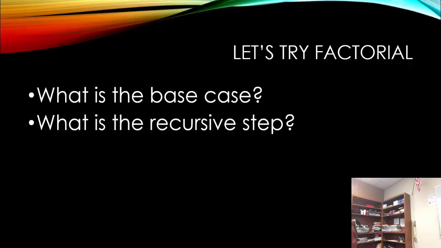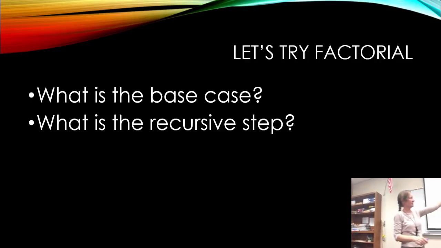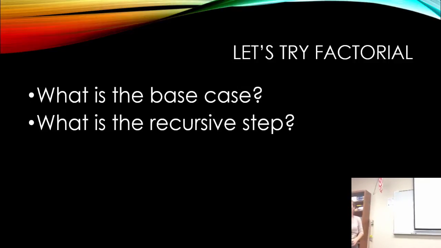So if you write it out like this, you can kind of see the recursive step. It would be n times 4 factorial. 4 factorial is 4 times 3 factorial. 3 factorial is 3 times 2 factorial. And 2 factorial is 2 times 1 factorial. And 1 factorial is 1, so you can move back up. So this factorial should be pretty easy to make. We can see the n, we can see the recursive call when we write it out like that.